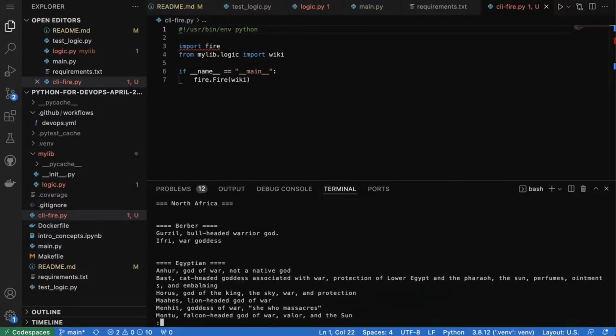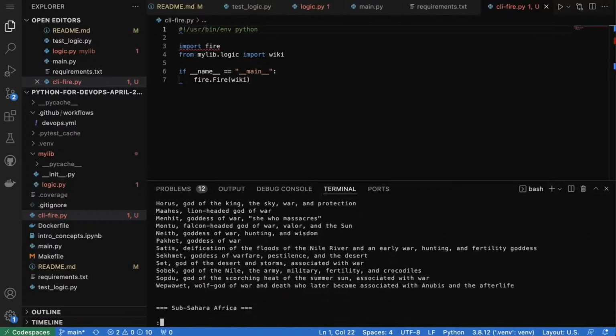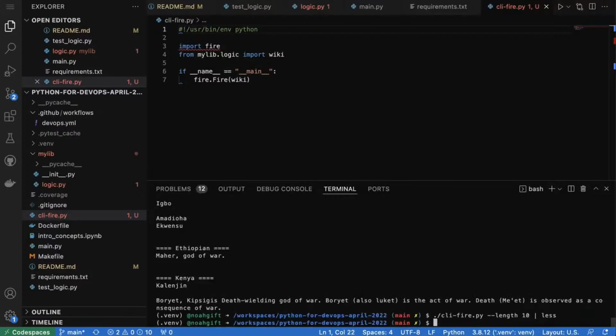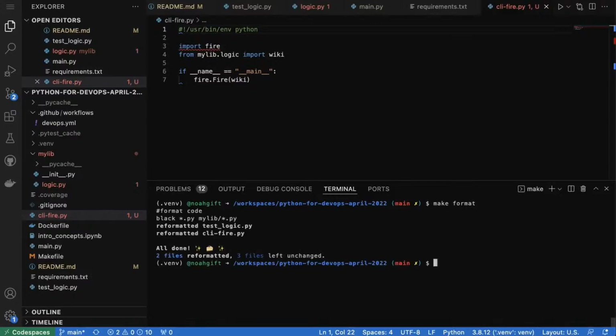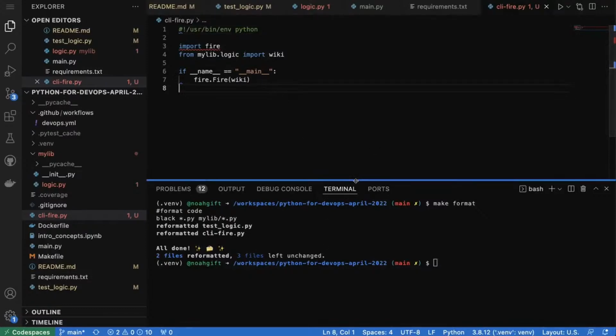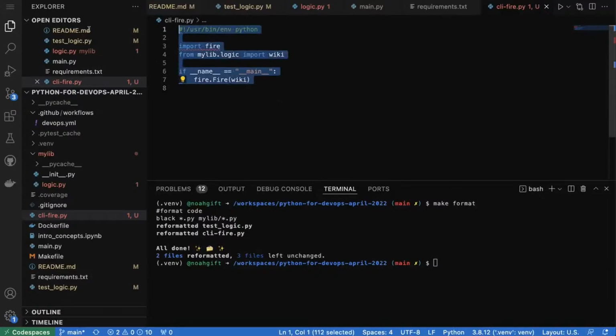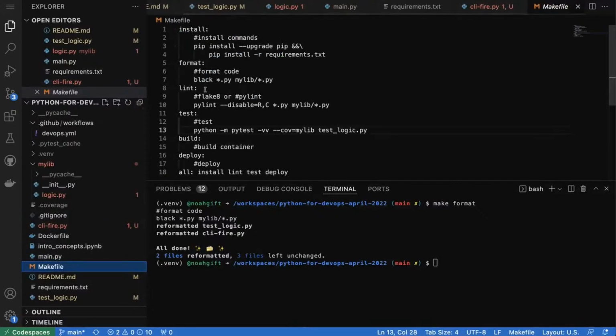So it's amazing actually how powerful of a tool this is with just a little bit of library code using this Python Fire library. So let's go ahead and format this. Let's format everything. This should clean this up a little bit, all these pieces of code. The other thing that we can do is we can actually verify that the lint step works for this as well. And so if we go to the Makefile here and we look at the pylint step,